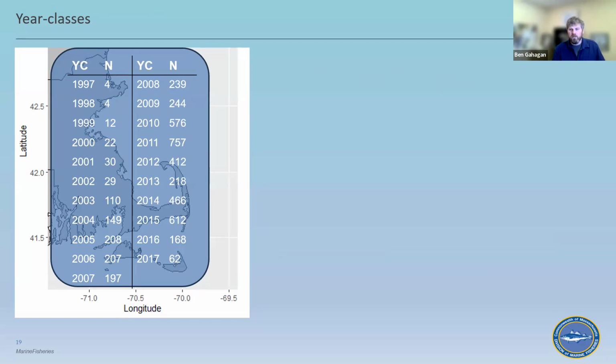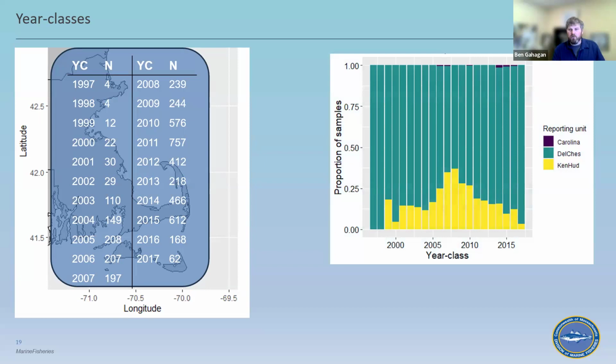So looking at the composition of the year classes, we see a slightly different pattern than the mirror of age, but mostly there are similarities. As with age, the oldest surviving year classes are made up of mostly Delaware Chesapeake fish, and so are the most recent cohorts. This is especially interesting given that outside of 2011 and 2015, recruitment in the Chesapeake Bay has been mostly poor, yet the proportion of Chesapeake fish has increased over that same time period.